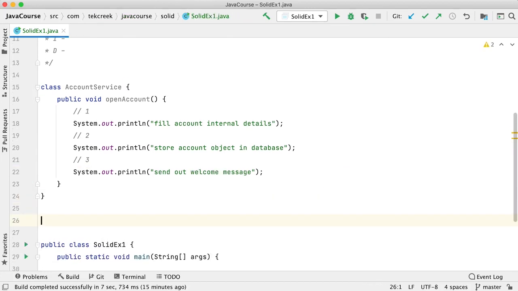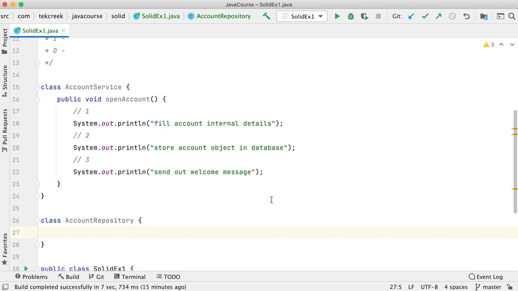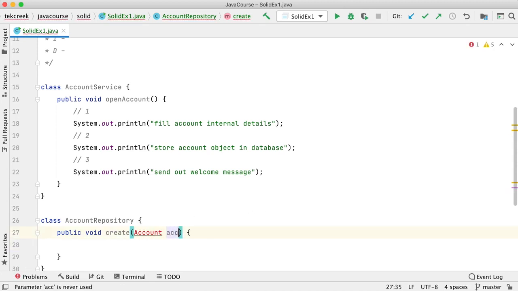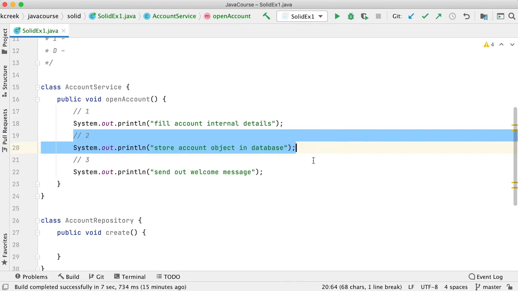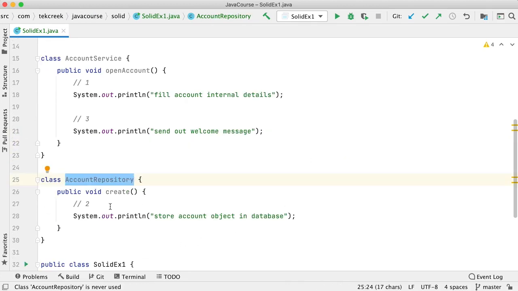What I will do is have something called AccountRepository. This is responsible for creating the account. Say there is a function called create, which creates the account. It also takes an account object, and which account object to create I'm avoiding for now. Here I will take out this responsibility. Let the AccountRepository deal with the headache of storing the data in the database. So let us move that intelligence to the account repo.